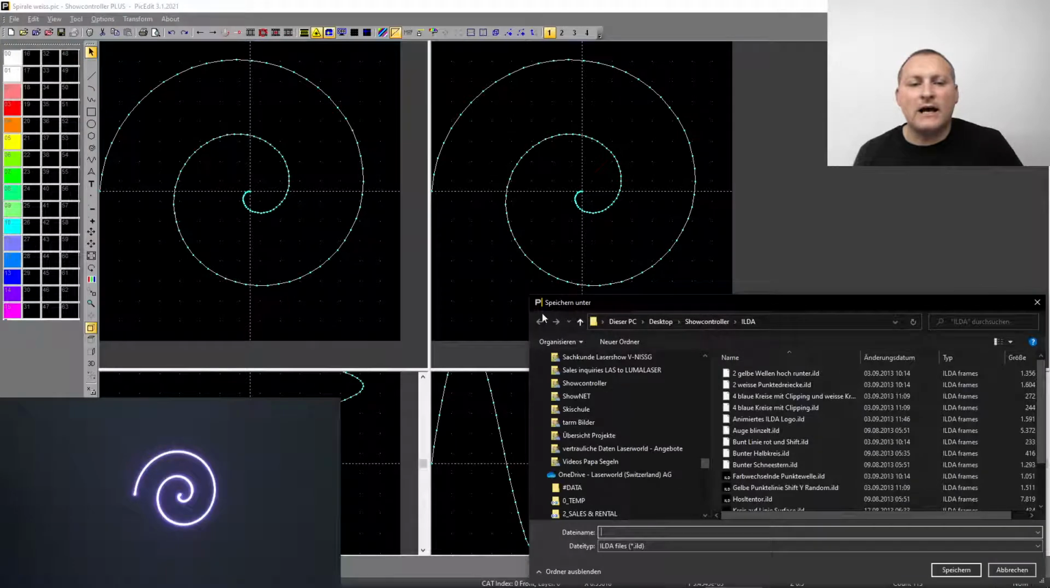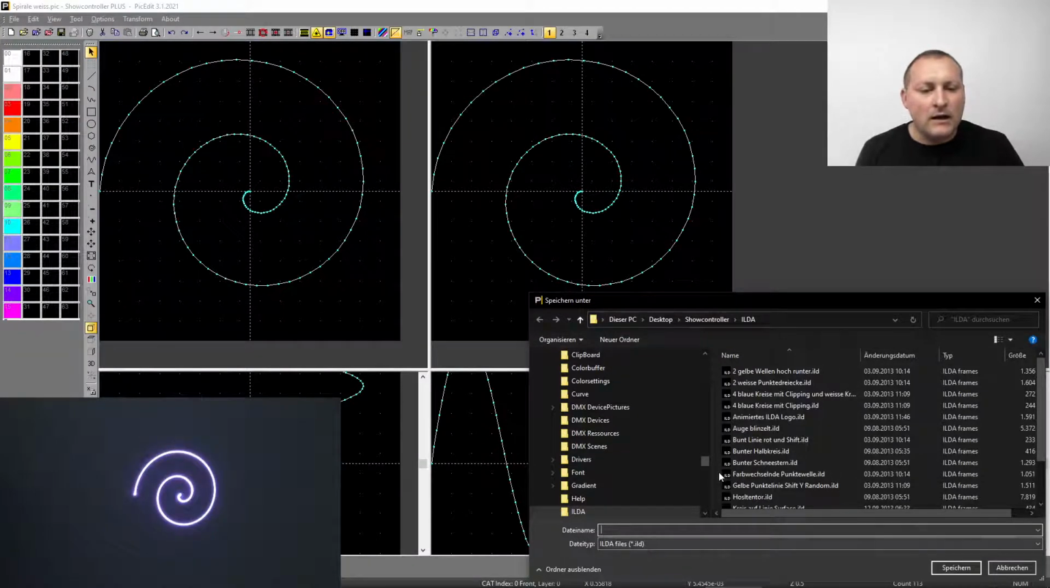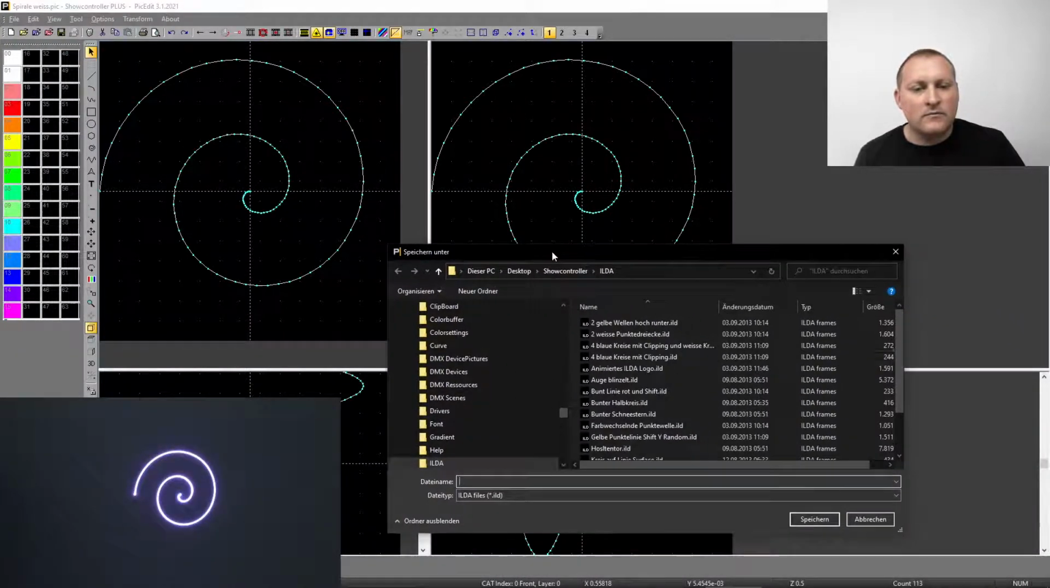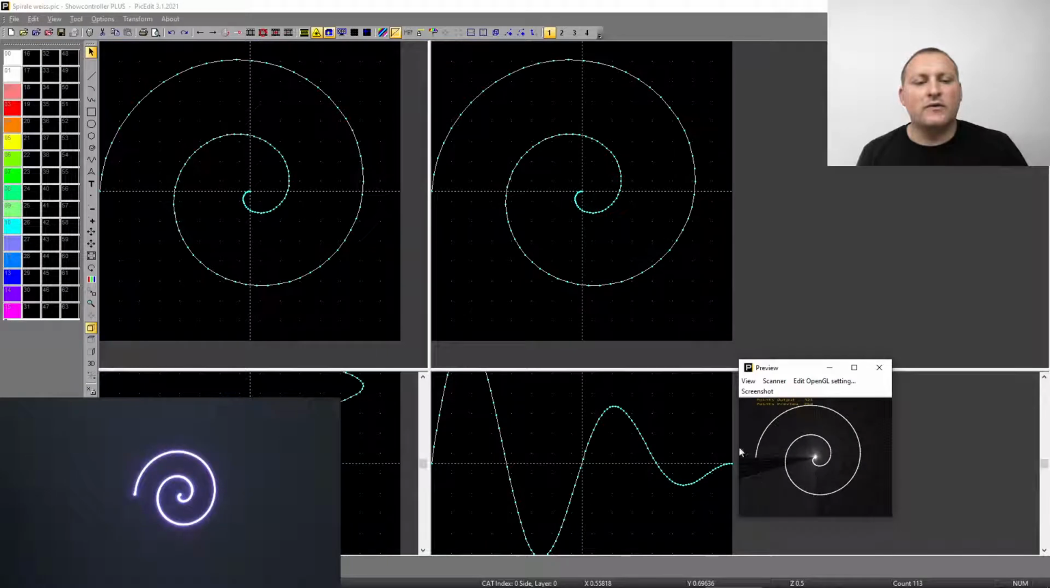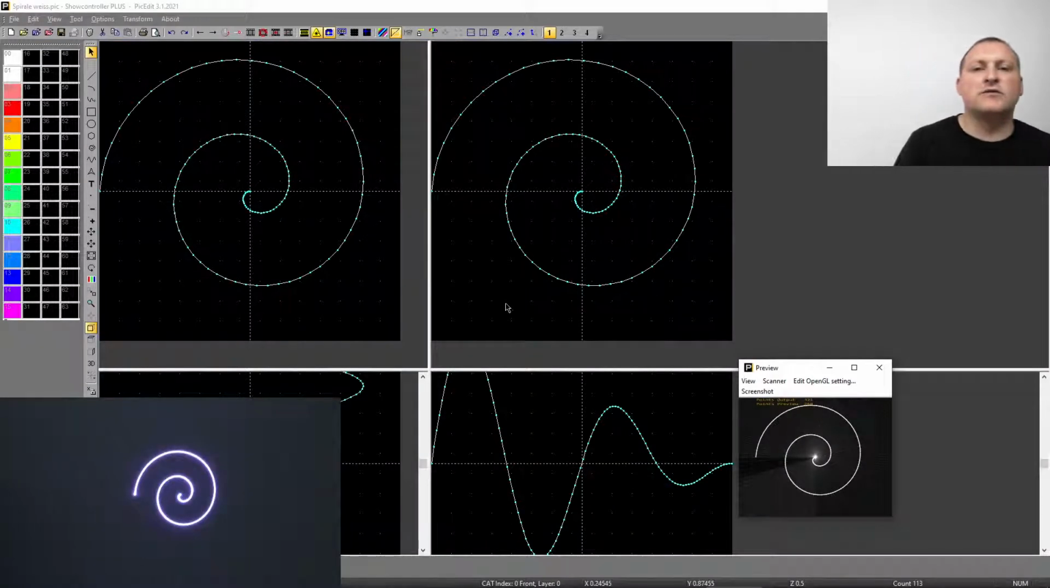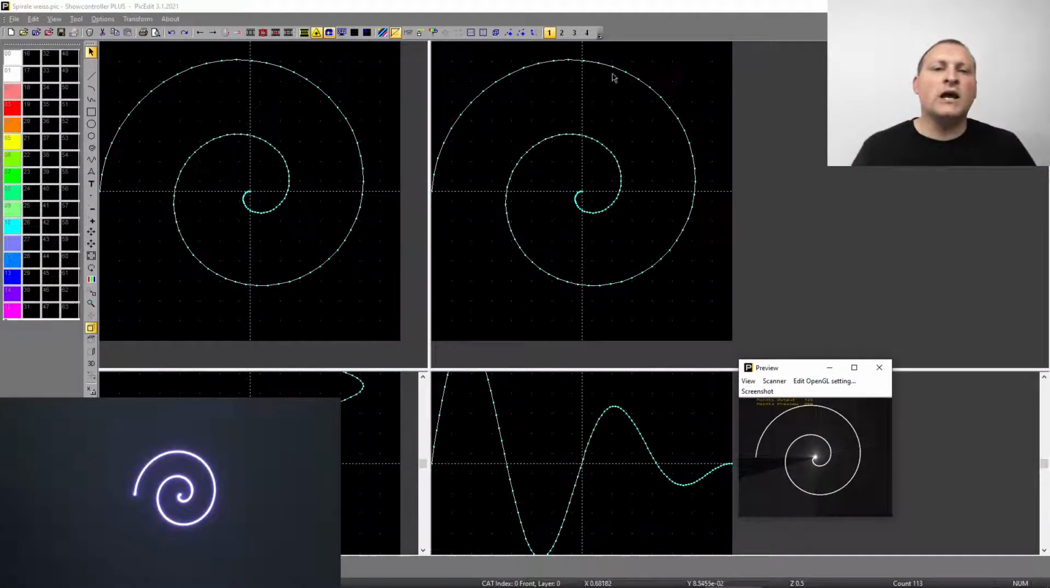I can save that as ILDA file, and I can use it like, in this case, I put it 0, 0, 1. Let's just substitute the first file on our SD card. So now I put the ILDA file as 001. And if I wanted to load this file to the ShowNet mainboard,